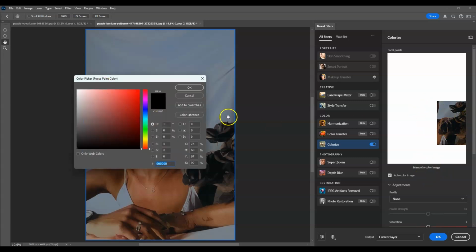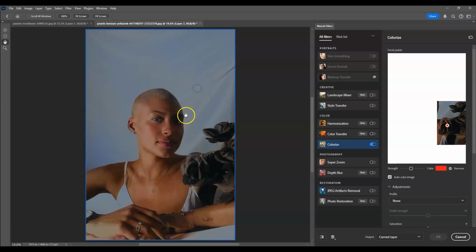Once I click that, this color picker will appear, so that we may choose the color that we want for it. Okay, so I'm going to choose a reddish color because that's something like red roses, if I'm not mistaken. Then hit OK. There you are. All right, let's keep on adding more colors to it. Let's create another point over here. Just click it. There you go. And another one here, and here,